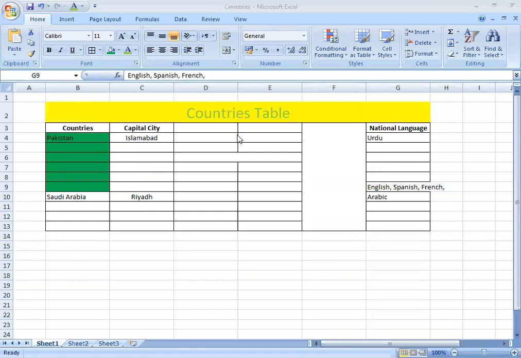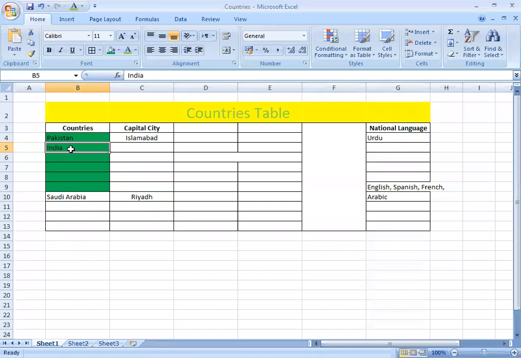So continuing the topic, as the one student Khalil asked, sir, what was the purpose of F4 key? Why were we pressing F4 key? Suppose you want to insert a row between Pakistan and India. The first row is for Pakistan and the second row is for India, but you want to insert three more countries between Pakistan and India. So what will you do? You will insert 3 rows.